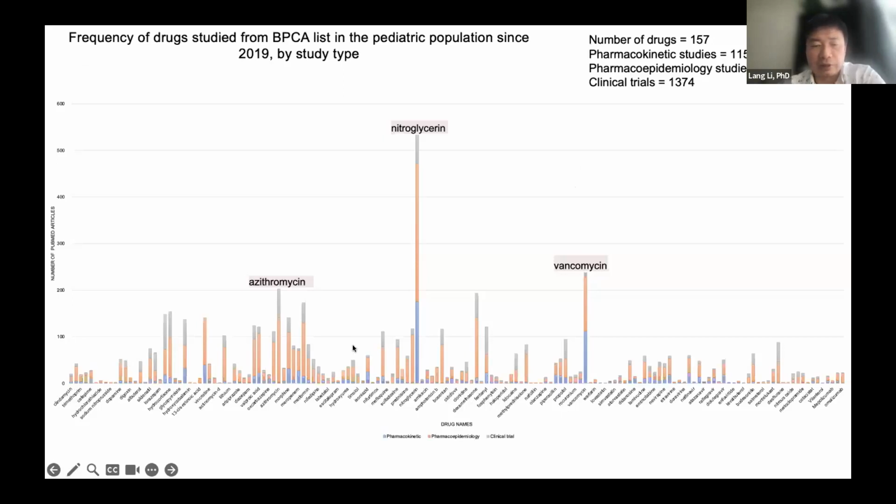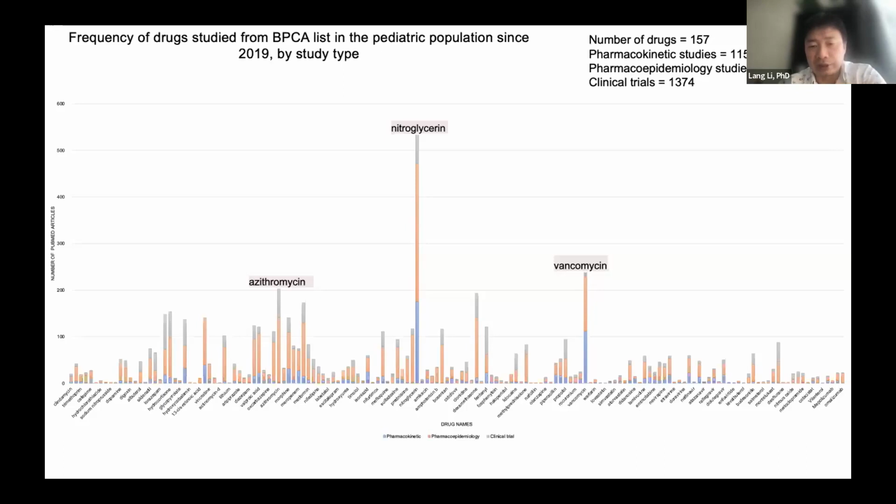Okay, you see there are many drugs with publications above 100. Obviously there's one drug, nitroglycerin, right? Its publication count is above 500. So those are very interesting evidence where I think some, among those 157 drugs in the BPCA list, some drugs may deserve much more time to study, to make sure whether those published evidence are adequate to help resolve the questions